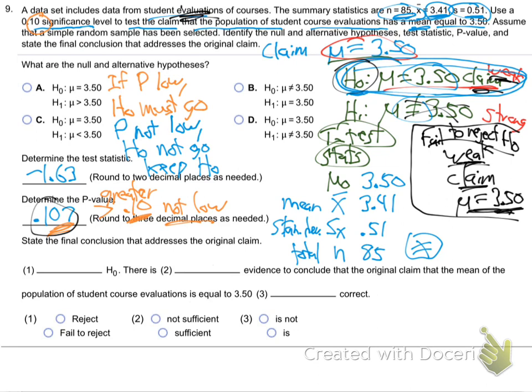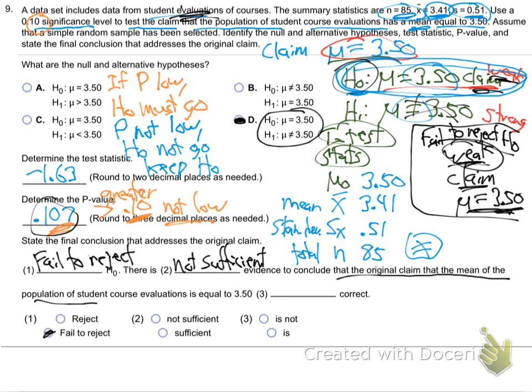So that would be this one right here. And what are we going to put down here? This is going to be fail to reject, as you know. Fail to reject the null. There is not sufficient, right? It's weak evidence, not sufficient evidence, to conclude that the original claim that the mean of the population of student course evaluations is equal to